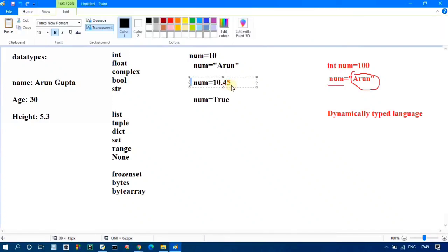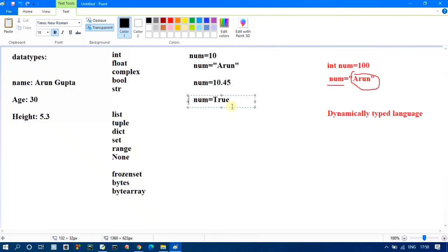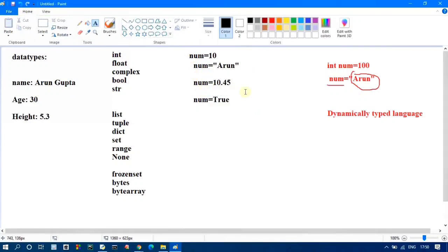In this statement, num becomes a float variable, and in this statement, num becomes a bool variable. I have already discussed the values of different data types, and in the data types topic we will discuss all these things in great detail. So num is 10, num is Arun, num equal to 10.45. According to the value, Python declares the variable with the type of the value we assign.